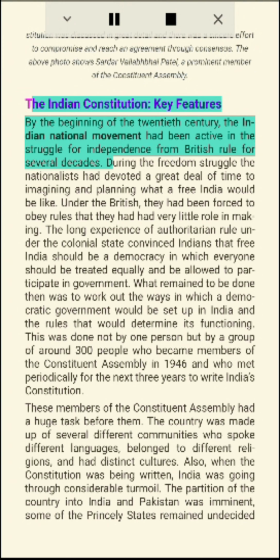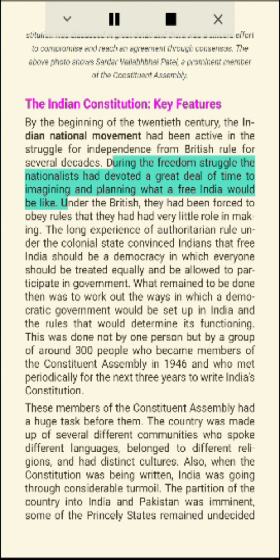By the beginning of the 20th century, the Indian national movement had been active in the struggle for independence from British rule for several decades. During the freedom struggle, the nationalists had devoted a great deal of time to imagining and planning what a free India would be like. Under the British, they had been forced to obey rules that they had